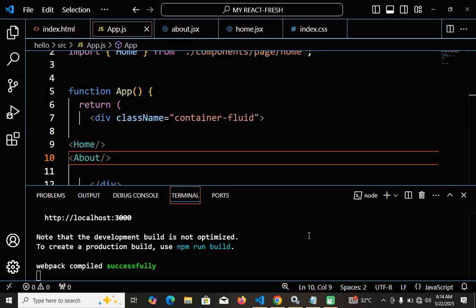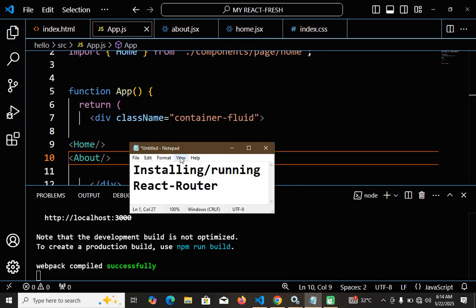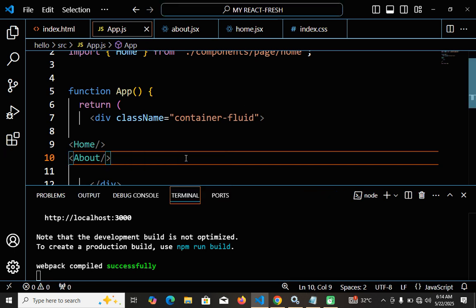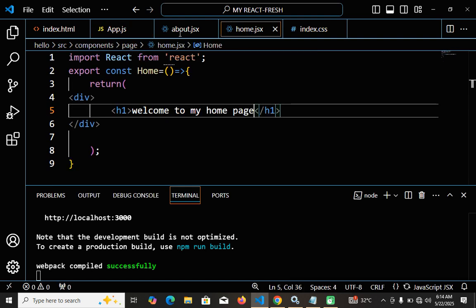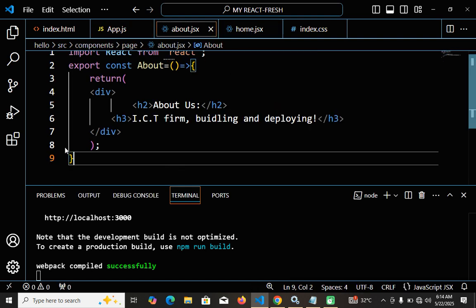React. Yeah, so today is about installing and running the React router. So what we're going to do now is very simple. Since we have the components, that's the home component over here, we have the about component. So what we need now is to install the React router, and I have my React server running already, so